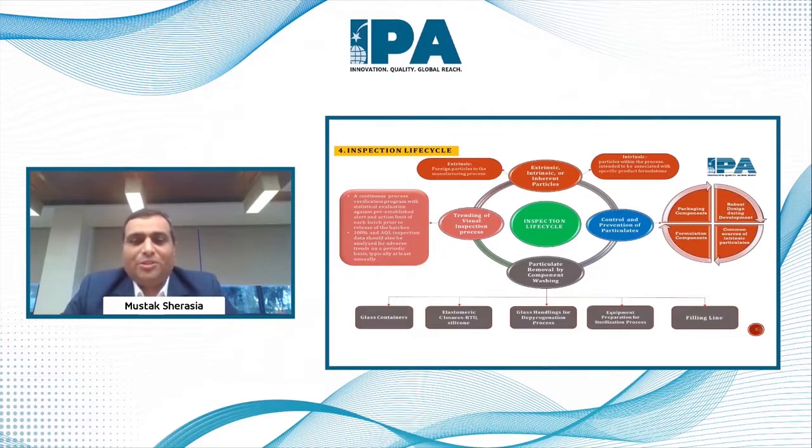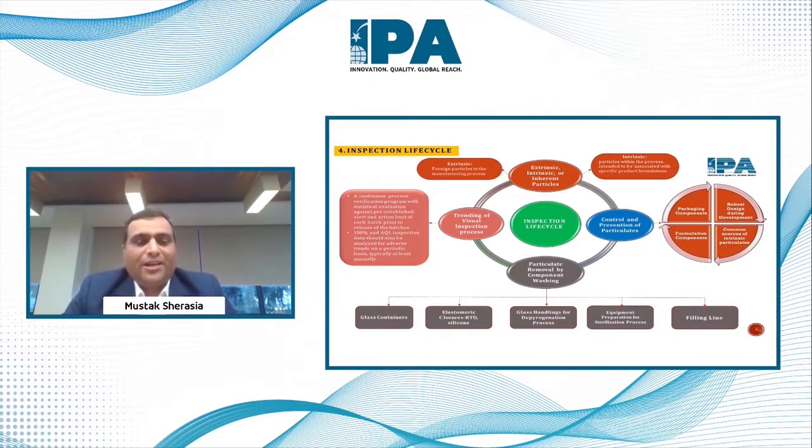So cleaning is important with respect to glass containers. When you clean your glass containers with an automatic vial washing machine, the machine parameters with their specific ranges have to be ensured during routine operation, to ensure that your glass containers are adequately washed and do not carry further particulate to your final products.